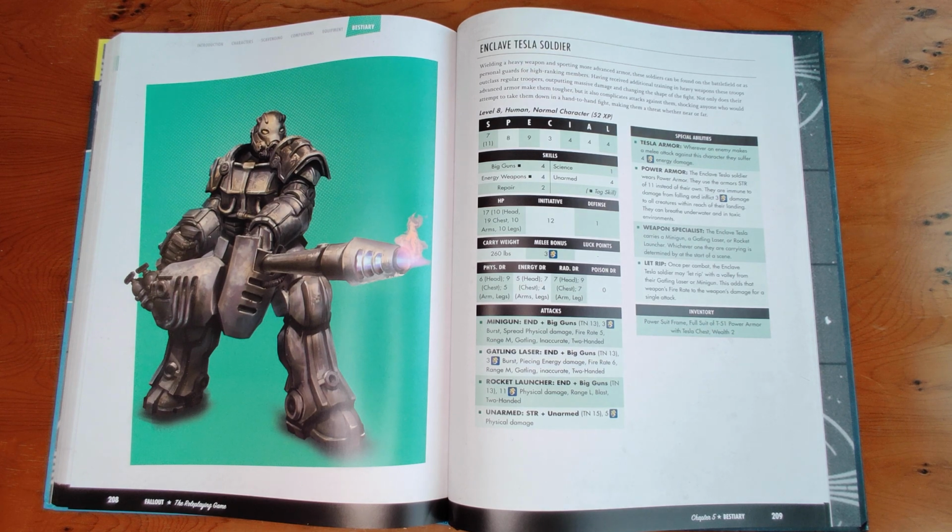They carry a minigun for 3 dice, burst spread physical damage, fire rate 5, range M, Gatling, inaccurate and two-handed. Gatling laser, 3 die burst, piercing energy damage, fire rate 6, range M, Gatling, inaccurate, two-handed. They have a rocket launcher, 11 die physical damage, range L, blast, and two-handed, and their unarmed attack does 5 dice physical damage. They also have Tesla armor, so when an enemy makes a melee attack against them, they suffer